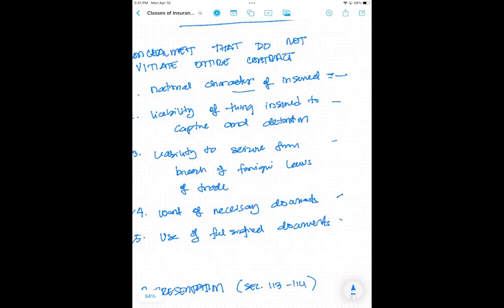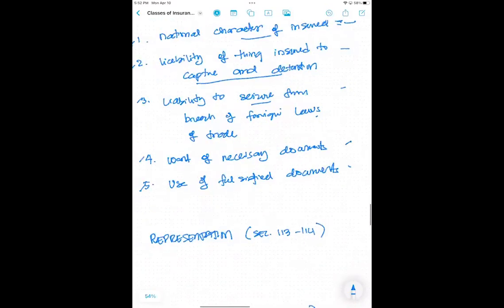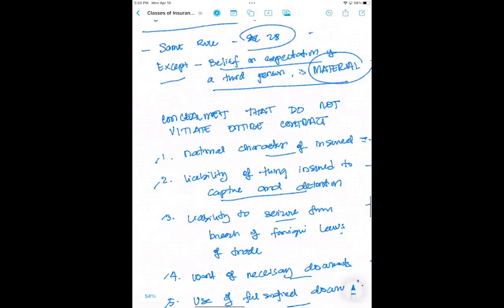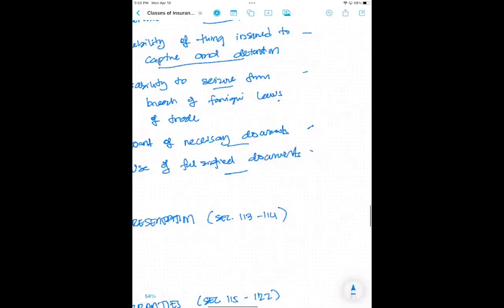So, national character of the insured, liability of the thing insured to capture and detention, liability to seizure from the breach of foreign laws or trade, want of necessary documents, and the use of falsified documents or simulated documents. If you want to know the actual wordings used, then please check Section 112. All right? Now, we go now to